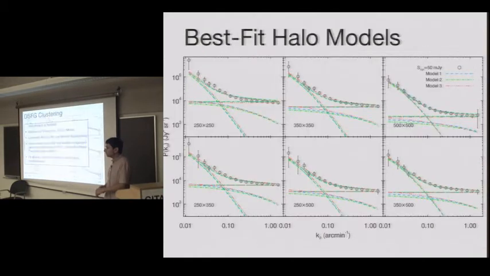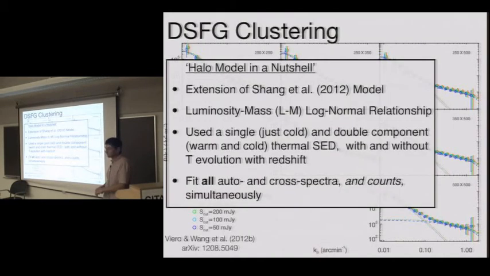So let's go back. Okay, so the double component, did you fix the temperature or did you let that vary? The temperatures were allowed to vary. And in bands or with every single object? It's simple, right? I mean, there's an evolution. So what does that mean? You allowed it to vary as T of Z? T of Z, yeah, 1 plus Z to some beta, to some alpha.